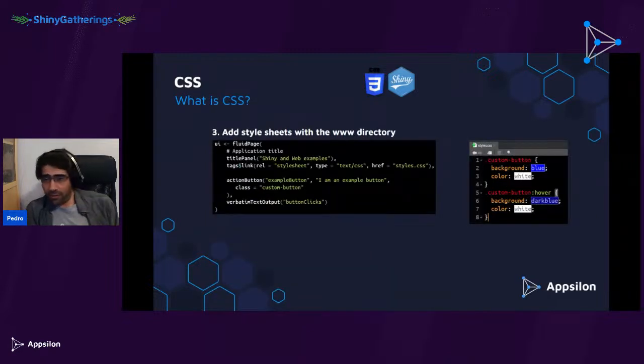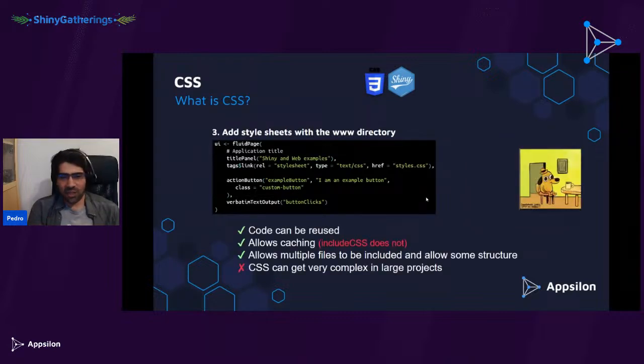Okay, so let's make our own file. Clearly, it's all kind of building up into this. So how would that look like? So we just make a style, and in the case of CSS, is a .css file. And then we can add it to our UI definition. Now, I like to add it in the HTML way, which is with the link tag that says it's a style sheet of the type CSS, and this is where it lives. And because Shiny automatically loads the www directory, we just need to put this file there and give it the name here. And this file will be sourced with our UI.